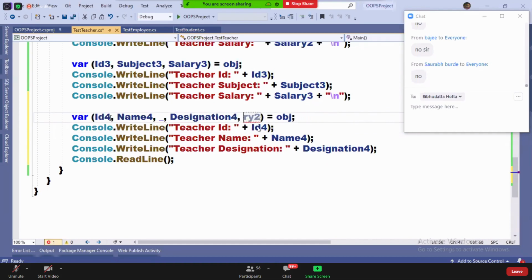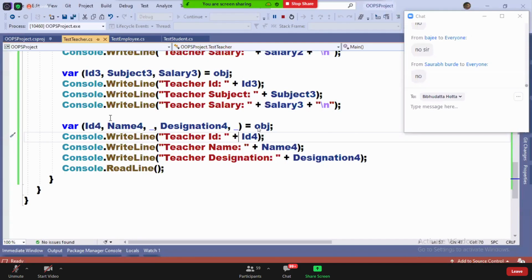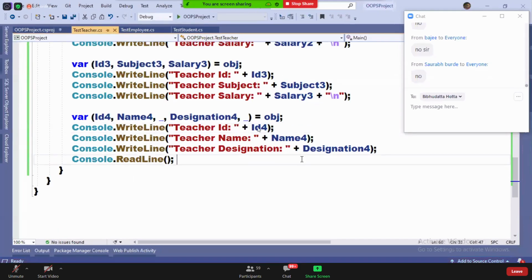Without writing overloaded deconstructors, you can simply do this. It's the easiest option, see? Understood my point, guys? What you don't want, just simply use an underscore there, that's all.